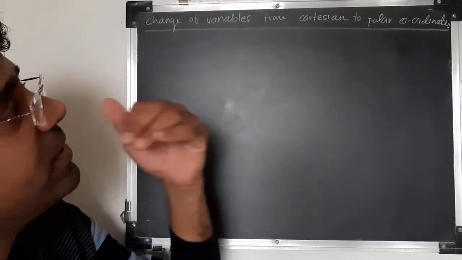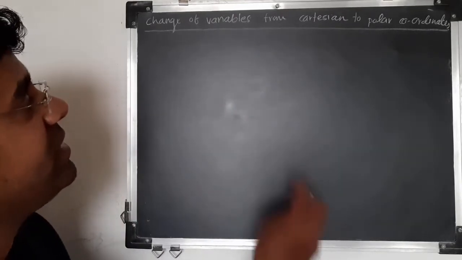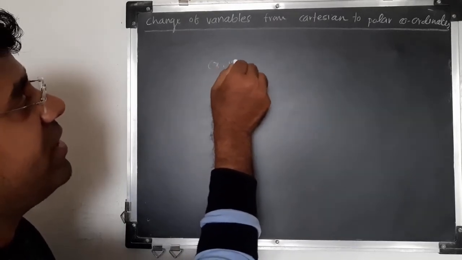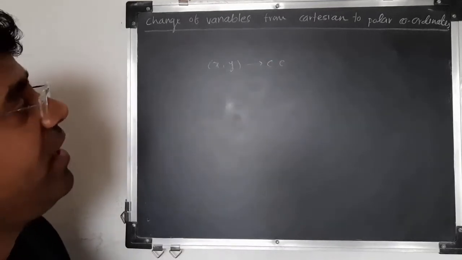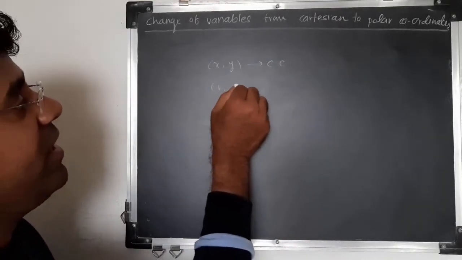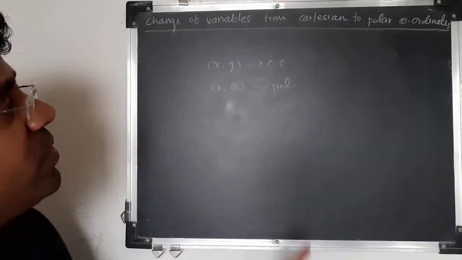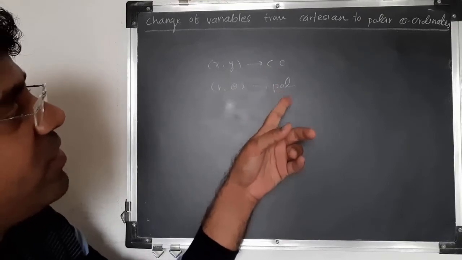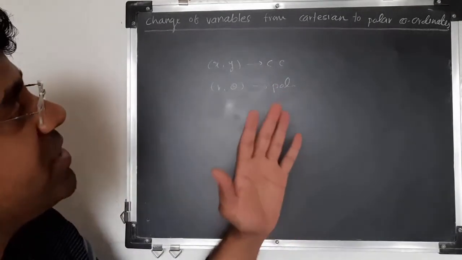In chapter number 1, in complex numbers, we have seen x, y, z. This is x, y, and these are nothing but Cartesian coordinates, and r, theta is just like a polar coordinate. As you know, when you convert a Cartesian coordinate to a polar coordinate, the simplicity comes in the picture. So this is the basic motto.